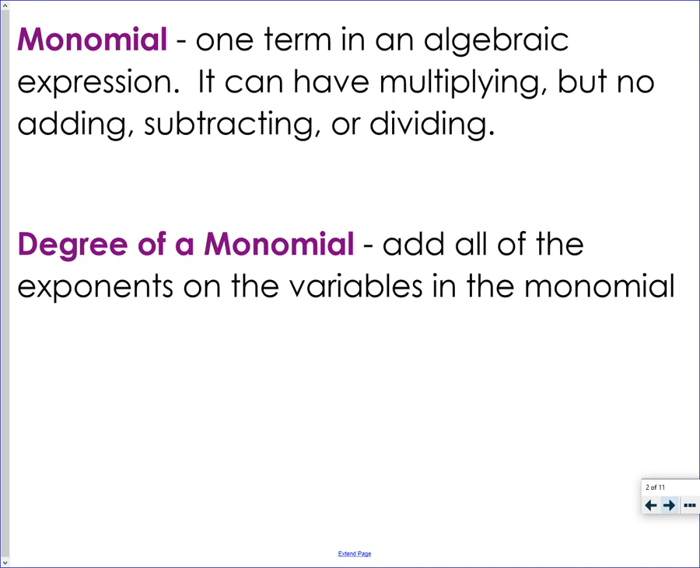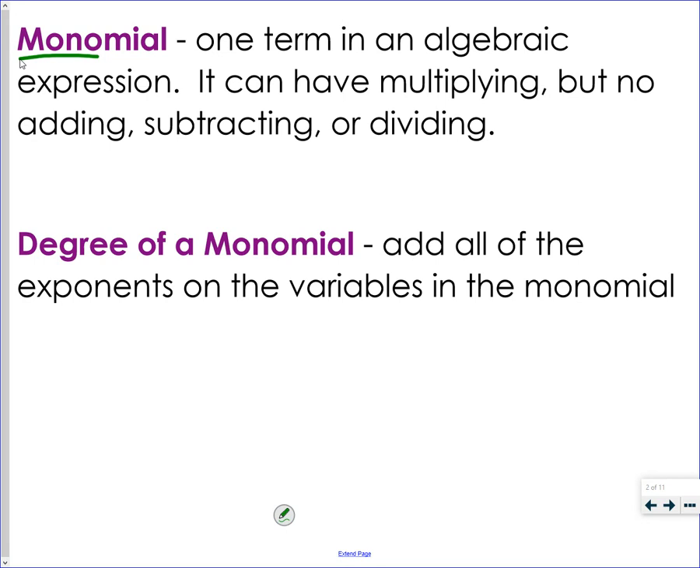We're going to be talking about monomials and the degree of a monomial. A monomial is just one term. The prefix mono means one. So we're talking about one part of an algebraic expression. It can have multiplying. We can have a coefficient, a number, we can have variables. We can have as many variables as we want with exponents, but there can't be any adding, there can't be